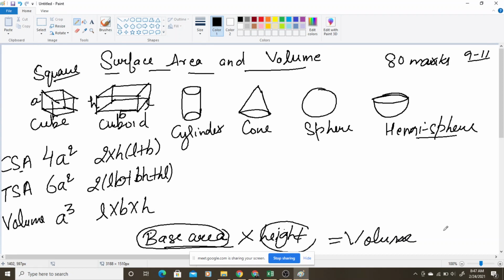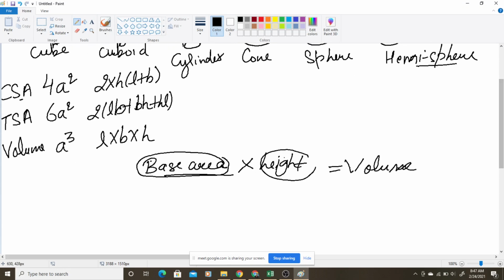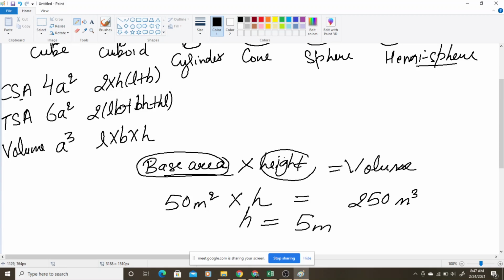This kind of question was there in exam also. तुम लोगों ने practice test में देखा भी होगा. In one question you are given with the volume. Volume was given 250 meter cube. Okay, and base area was given how much? It was given 50 meter square. And you need to find its height. तुम लोगों को height find out करना था. So how you can find? Just by dividing 250 divided by 50. So height will be what? It will be 5 meter. So this kind of question was there.